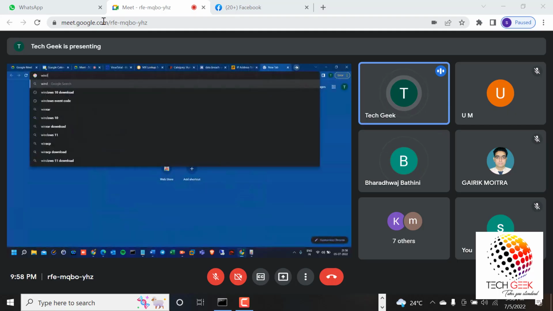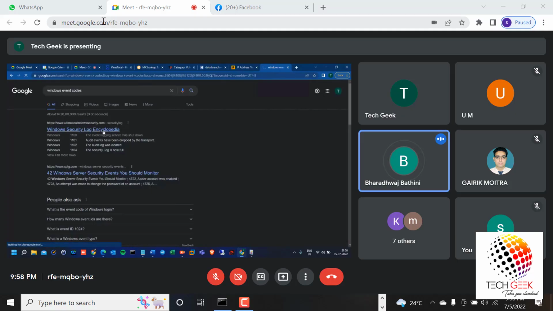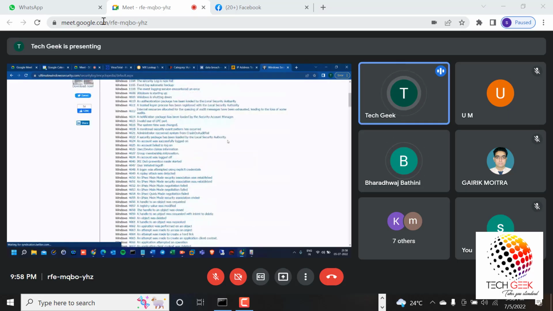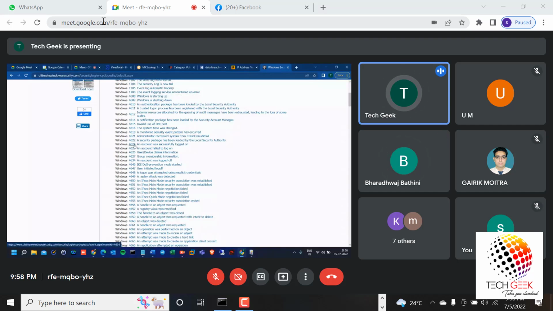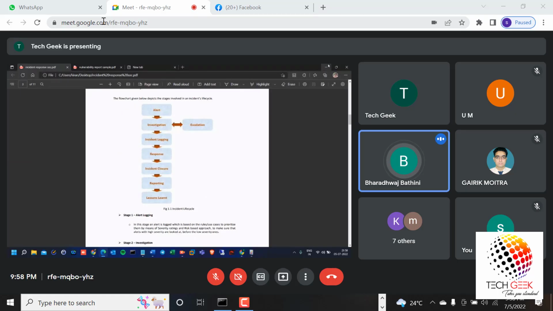For freshers, no need to worry about these things. See, these are the event codes. Whenever you see 4624 in the raw log, it means the account was successfully logged on. Sir, from that code, how can we find which are security event codes, which are application event codes, how can we differentiate from the codes? See, in the raw log, let me show the raw log.